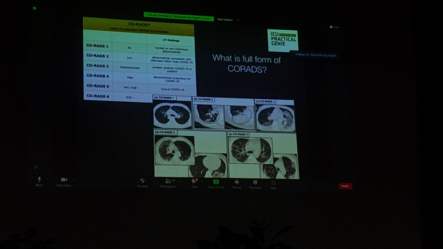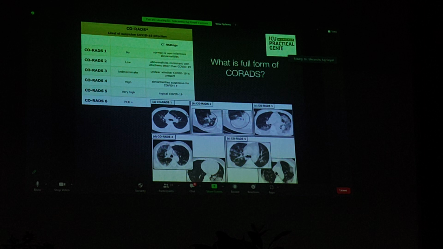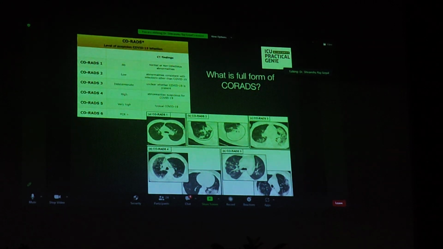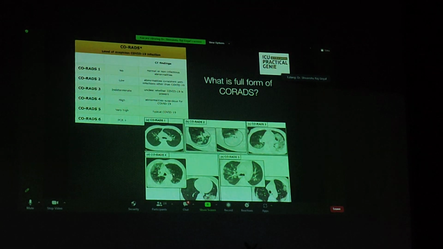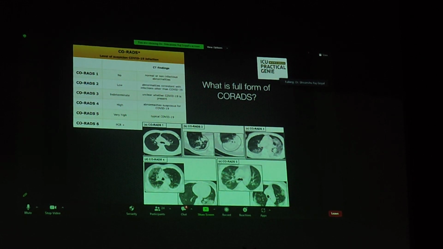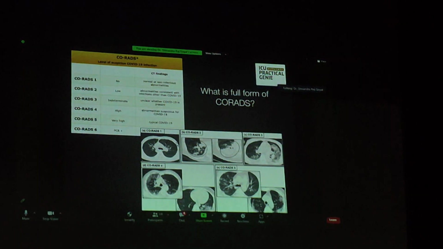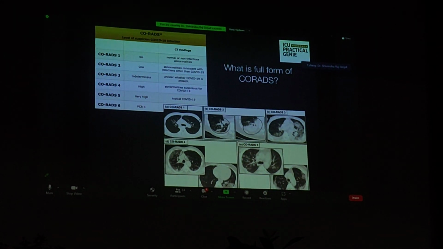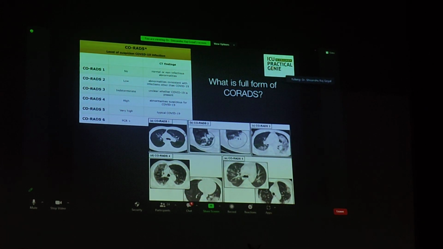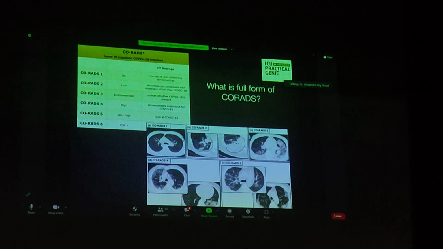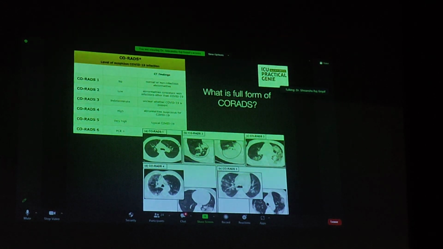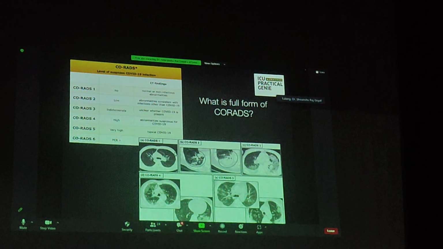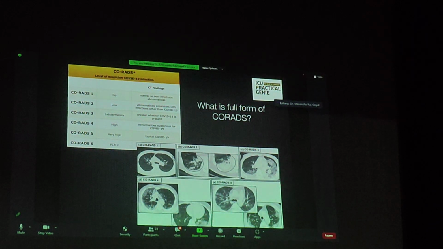You cannot end a CT scan slide without talking about the CO-RADS scoring. Now, with God's grace, we are kind of out of these COVID issues, but we all have to be trained, and possibly for PGs, you will definitely be asked the CO-RADS scoring in your exam. So make sure you read about CO-RADS 1, 2, 3, 4, 5, 6. You only need to know that the abnormalities can be varied. Patchy ground glass opacities, peripherally based, not centrally based, is a very high suspicion towards COVID. CO-RADS 5 is the typical pattern of COVID, and there is nothing called CO-RADS 6. It is CO-RADS 5 with PCR positive, nothing else.